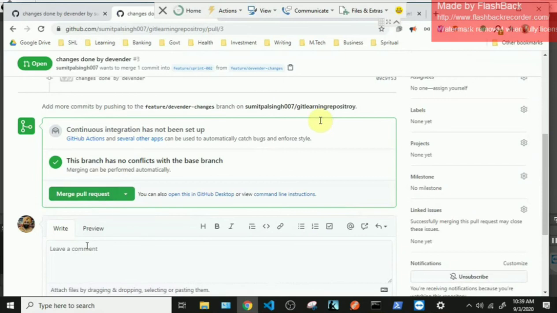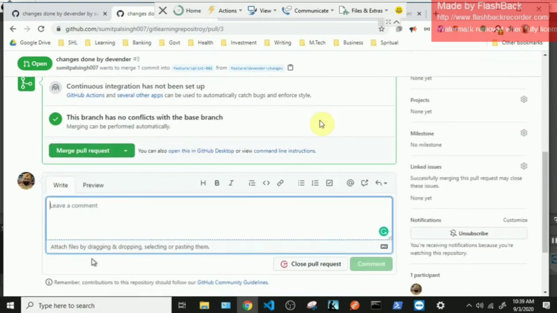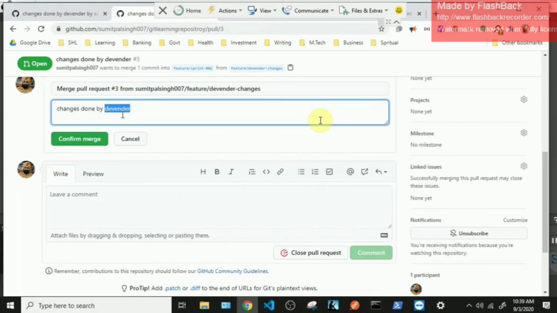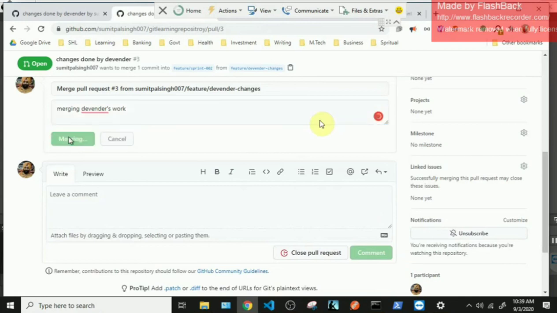I just need to merge. Yeah, I'm adding a confirmation message, merging Devinder's work. Okay. And I am confirming it. So now Devinder's pull request has been merged into sprint 2 repo.